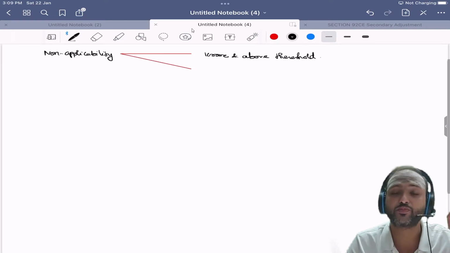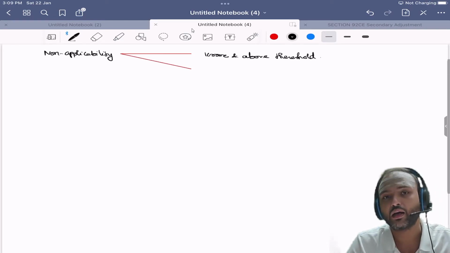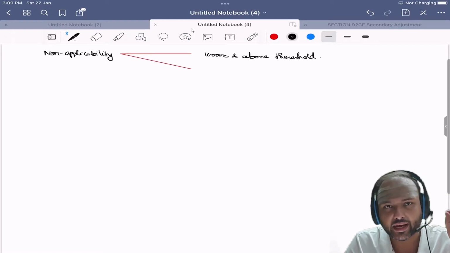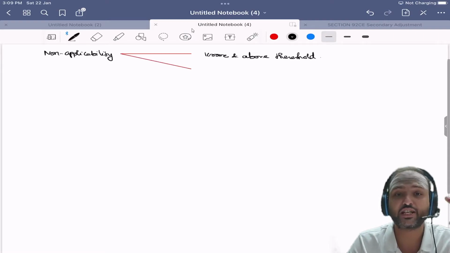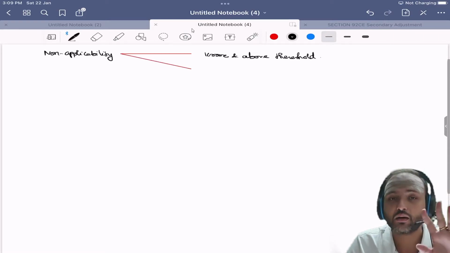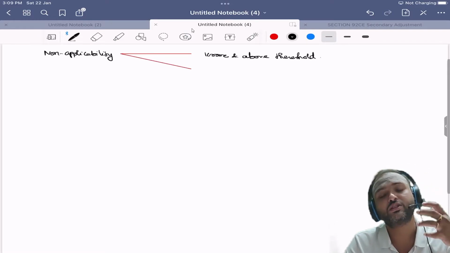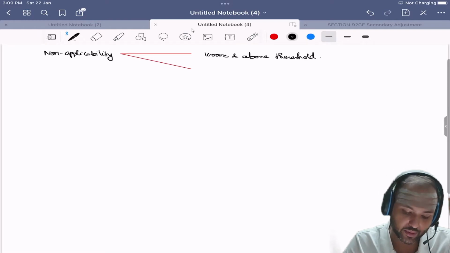So primary adjustment might still be applicable. For example, arm's length price is 1 crore 80 lakhs. Transaction price is 1 crore 50 lakhs. So the differential 30 lakhs is primary adjustment, but there will not be any secondary adjustment in this regard. Okay, so this is the understanding from this particular section's non-applicability.